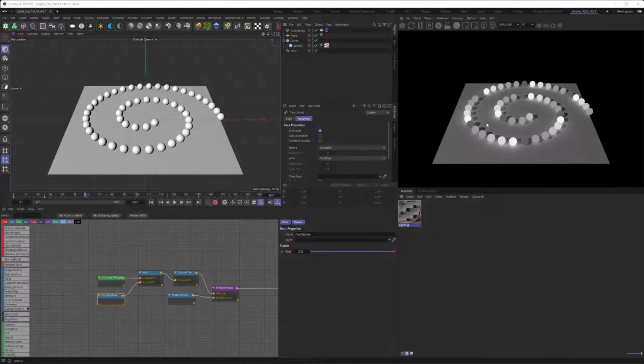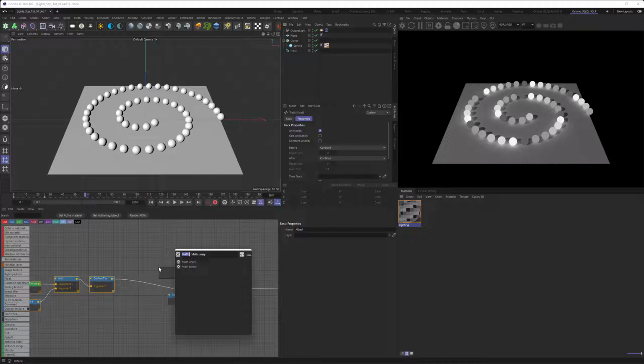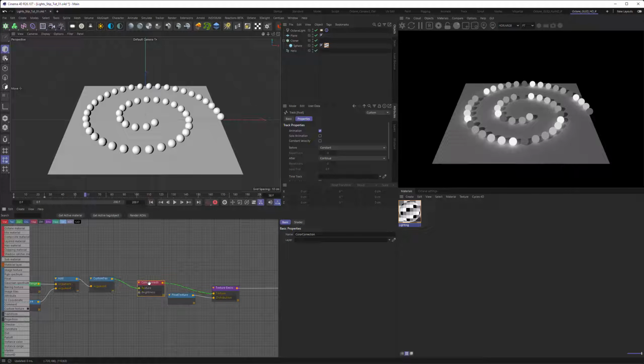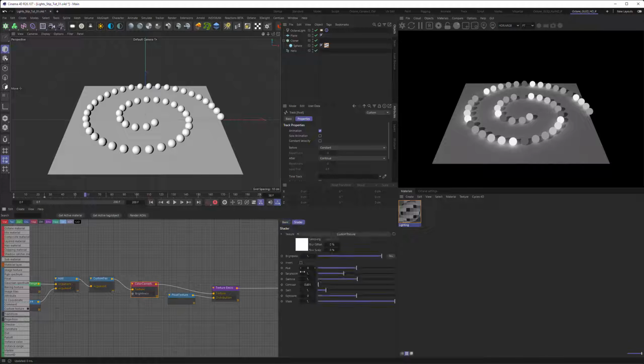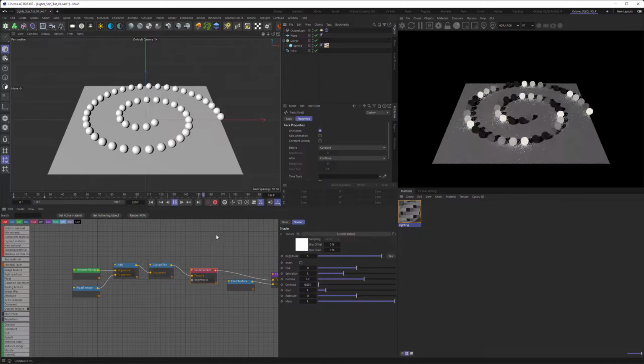You might notice that the gradient looks a bit odd, and this is through the joy of output display transforms. So what we need to do is get a gamma correction back here. Let's type in color correction and bring it in here. In the shader, you need to set the gamma to 2.2. And now the gradient looks much more linear to our eyes. If I press play here, you can see that we now have some moving lights. So this is the simple setup of our scene here.